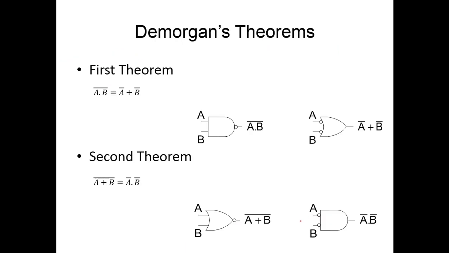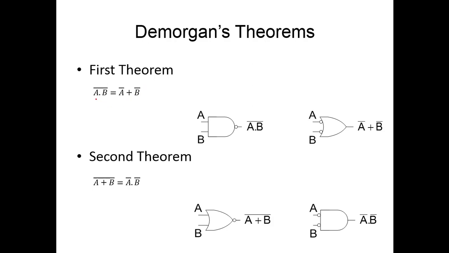Now in this lecture we will extend our discussion to more concepts of Boolean algebra, and we will see some more postulates and theorems. The most important theorem is known as De Morgan's theorem. De Morgan's first theorem states that (A and B) whole complement is equal to A complement or B complement.